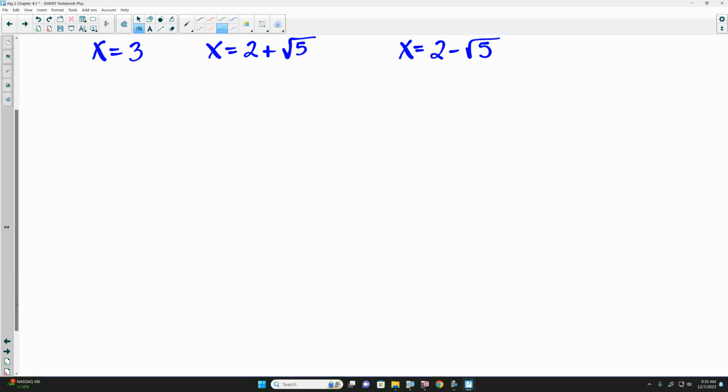Luckily on the homework, all you'll have to do is add the conjugate to get started. Now at this point, what we need to do is get these in factored form, or really we just need to get them equal to 0. We need to get everything on the same side. So for our x equals 3, we will subtract 3, telling us x minus 3 is